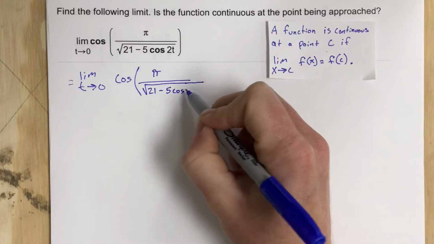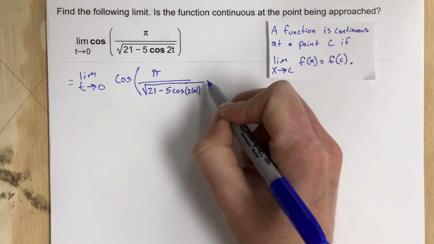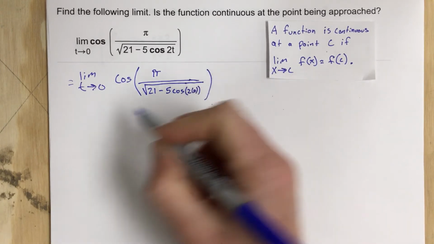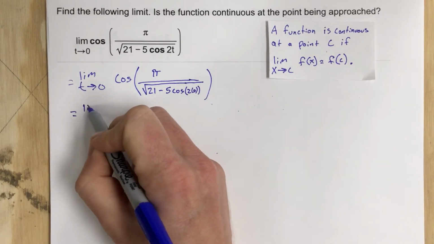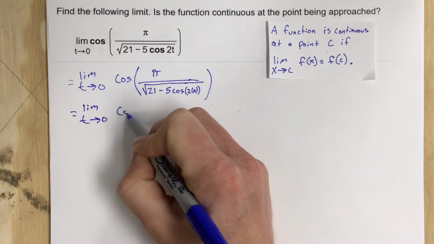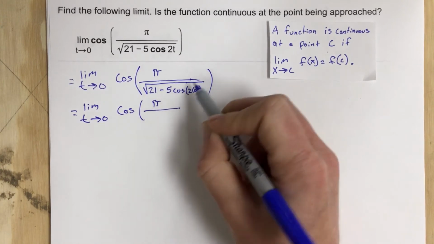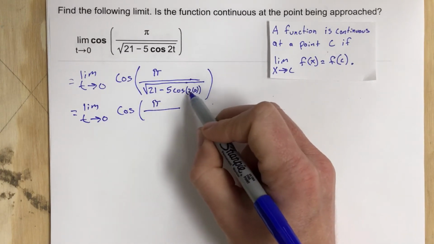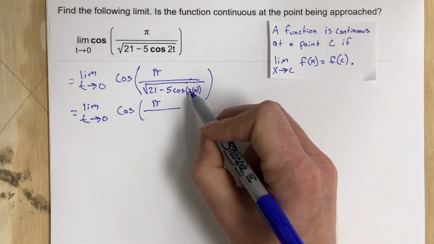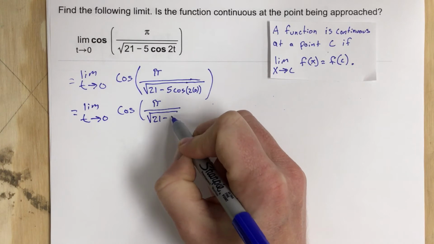We end up with 2 times 0 inside there, which will give you the limit as t approaches 0 of cosine, this will now be pi over, we know cosine of 2 times 0, that's just cosine of 0, and cosine of 0 is 1, so we end up with root 21 minus 5,